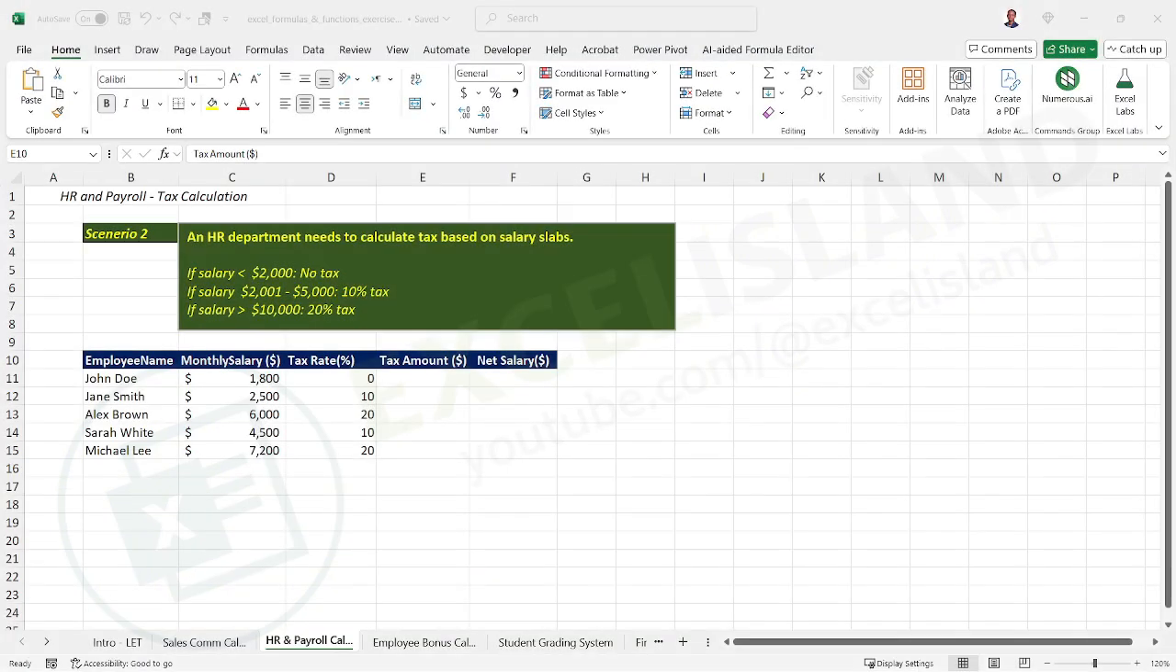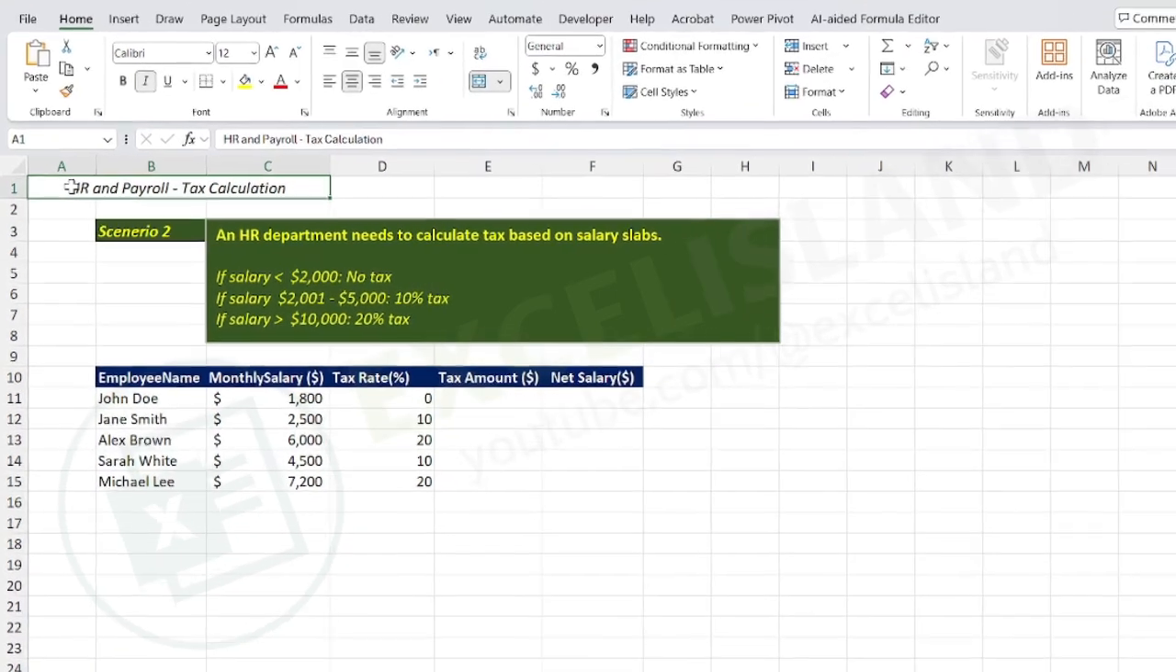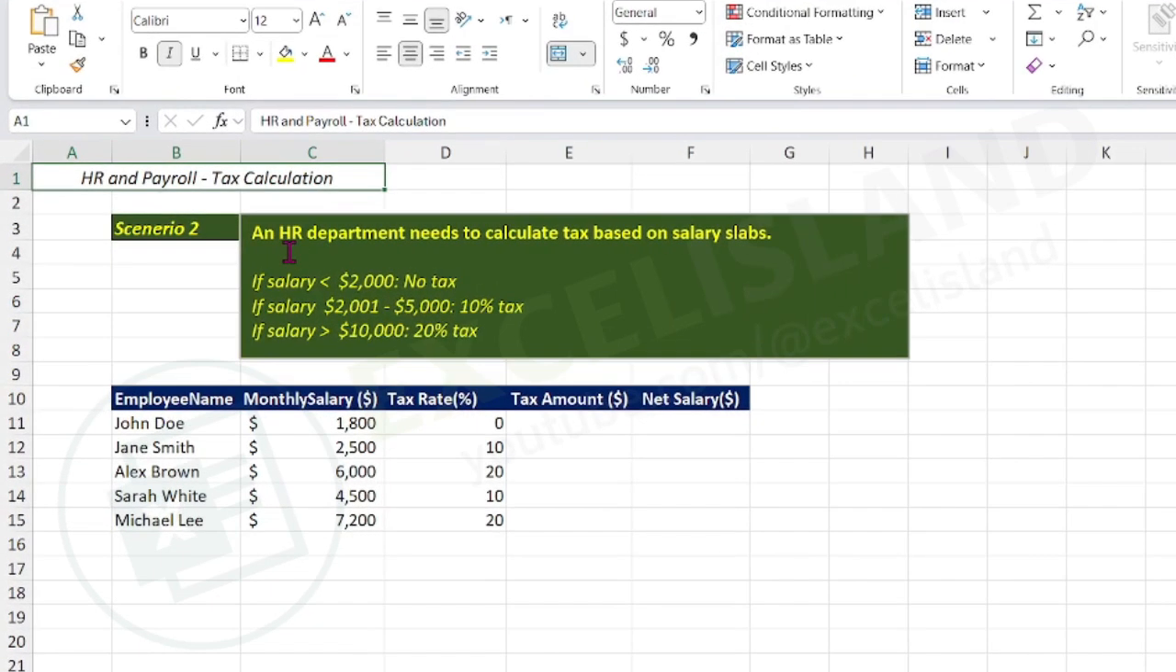And payroll tax calculation with the LET function. An HR department needs to calculate tax based on salary slabs. If salary is less than $2,000, the employee won't pay any tax. If the salary is between $2,000 and $5,000, the employee should pay 10% tax. And if salary is greater than $10,000, the employee would definitely be paying a 20%